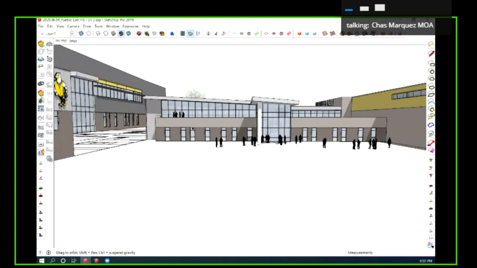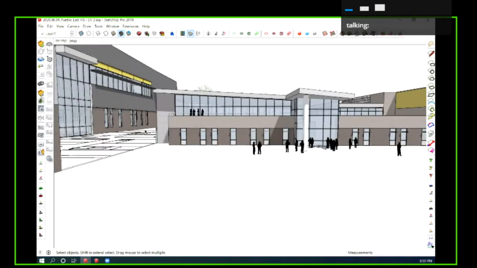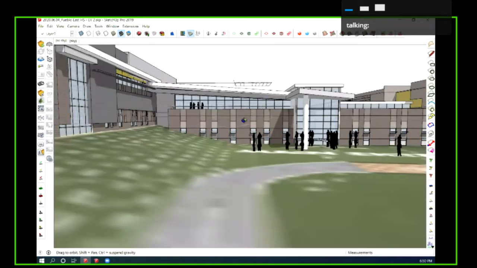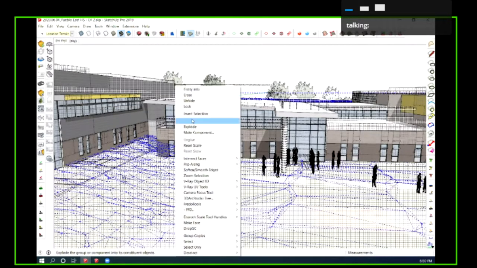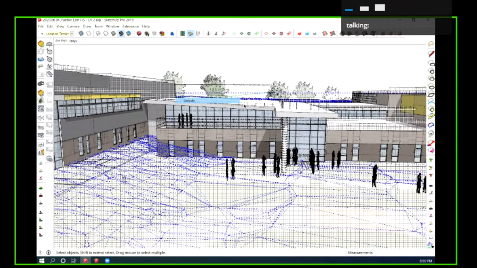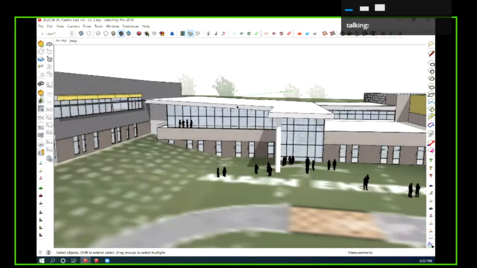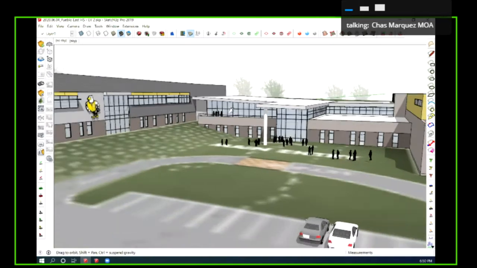So you can see, as Eric was describing, that we have this real large step after we go through the common space into the student space. So this has jumped up about an entire level, or about 15 feet. And so how the volumes are relating to each other from Centennial to East are very different. I think in that they also make them feel very unique to each other. But you'll see that we're using some similar strategies.